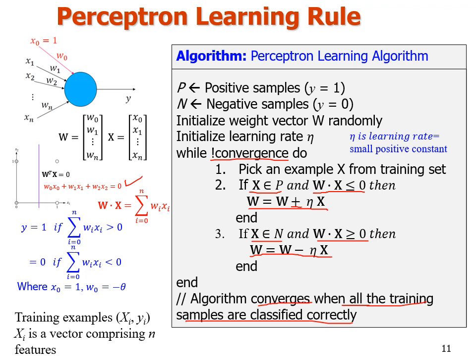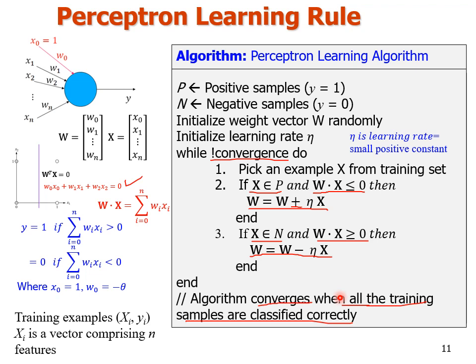This process continues till all the samples in the training data set are classified correctly. And once it is done, we say that the algorithm has converged and our perceptron is trained for the given